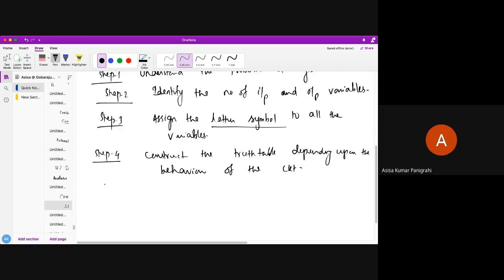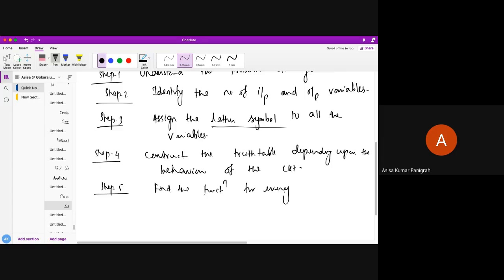Okay. Next, step 5, you need to simplify. Okay, you need to find the functions for every output variable with the help of K-map. Okay, find the function for every output variable.